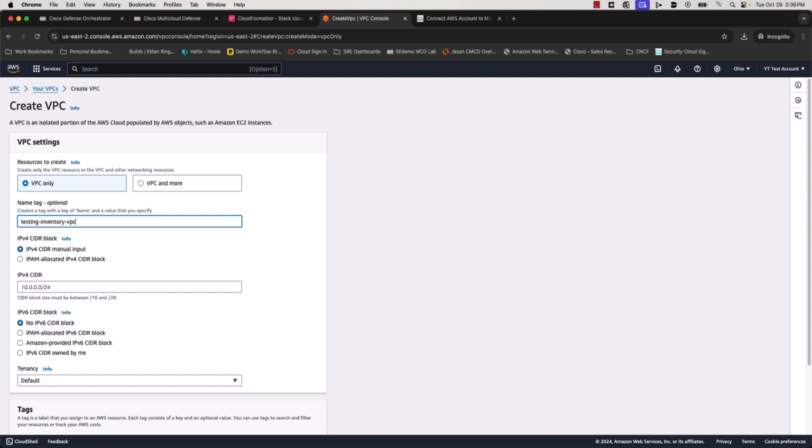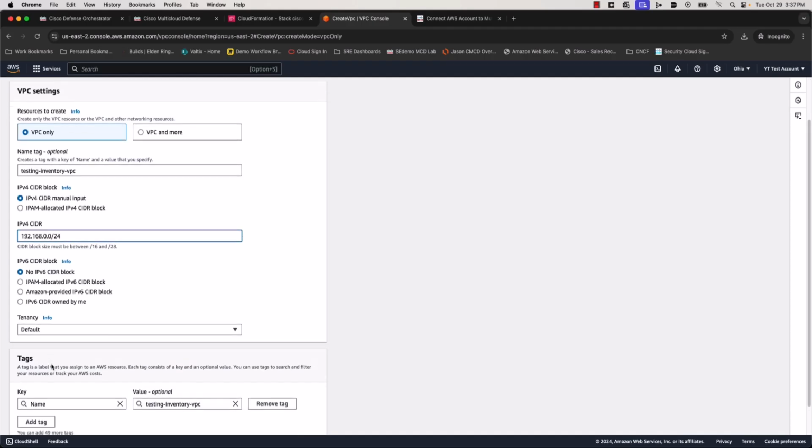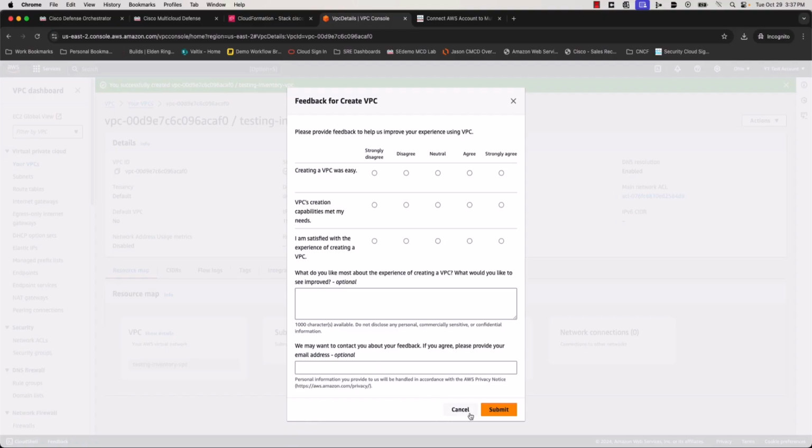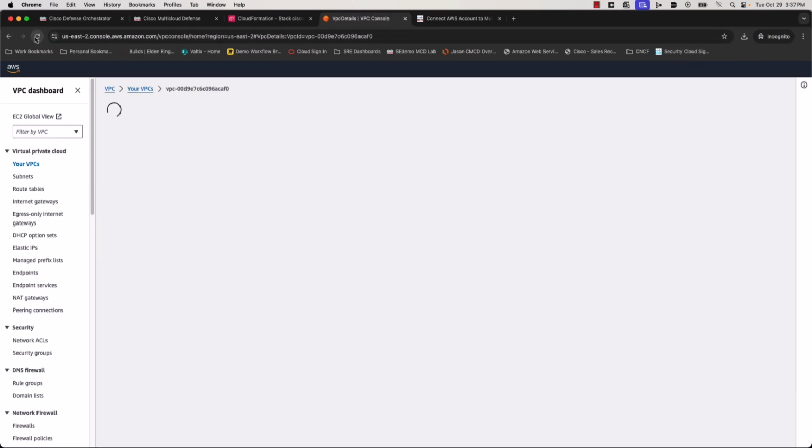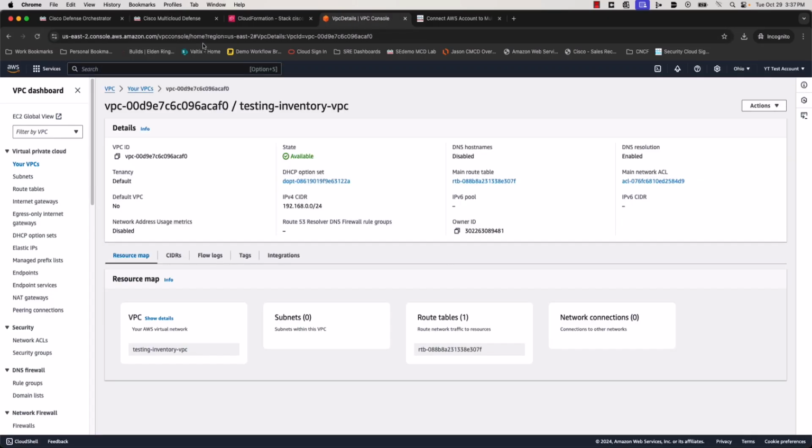So I'll just create one called testing inventory VPC. We'll give it a fake CIDR, and we'll submit it. What we should be able to validate is that that number increments from 17 to 18 VPCs, and we should be able to see that VPC within there. So we'll pivot back to Multicloud Defense